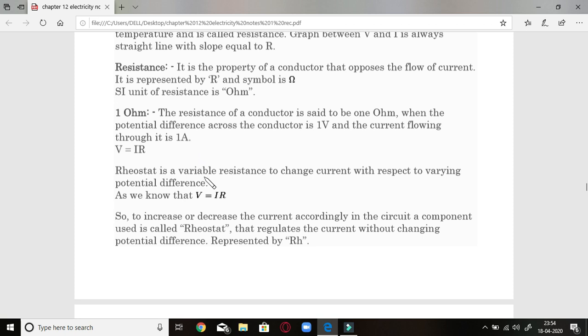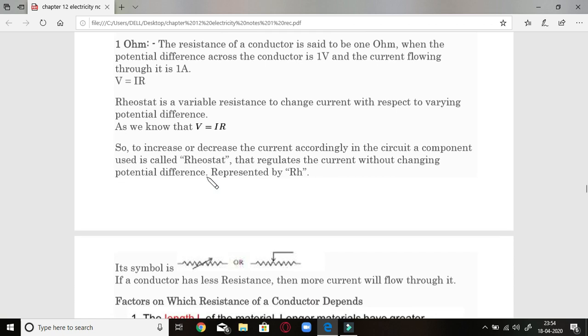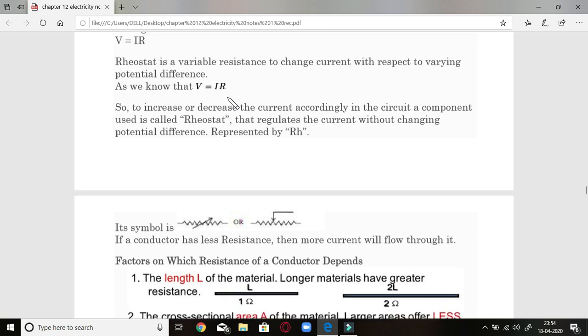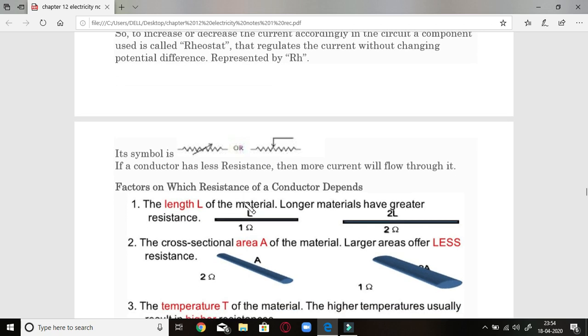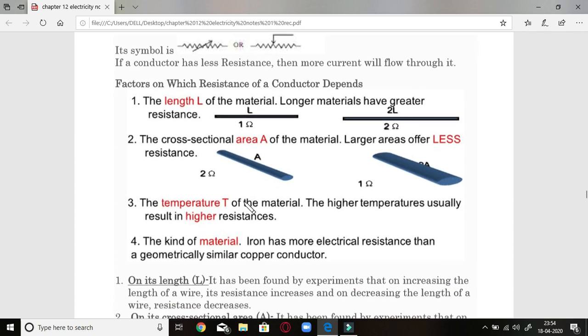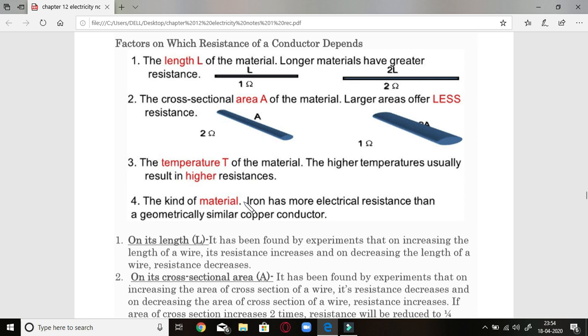Now the rheostat, as we have already discussed earlier, is a variable resistance. That also follows this formula. V is equal to IR is only possible because of the rheostat use, and we represent it like this also. So that is used to measure the resistance. Fixed resistance is of no value, but what resistance is given by the rheostat, that is the constant of proportionality.